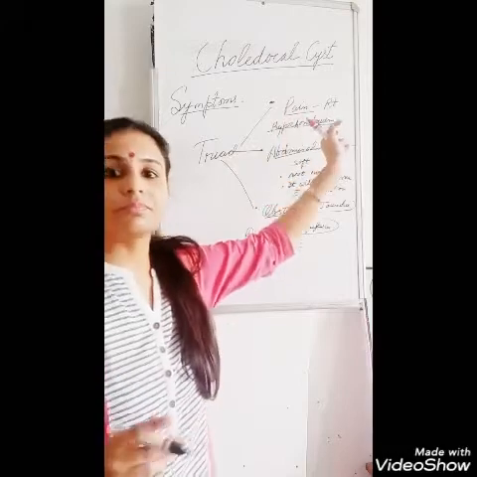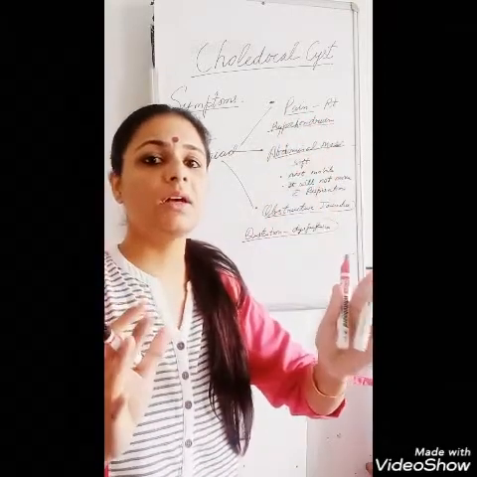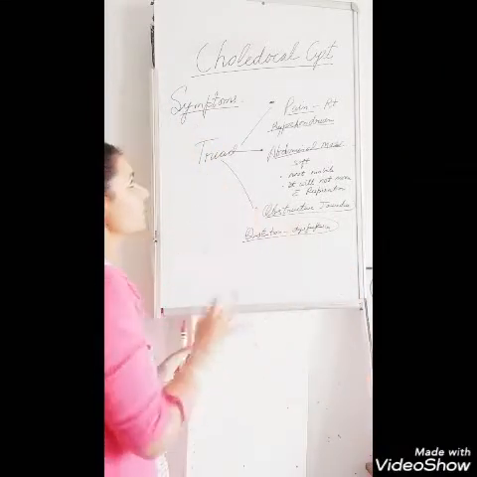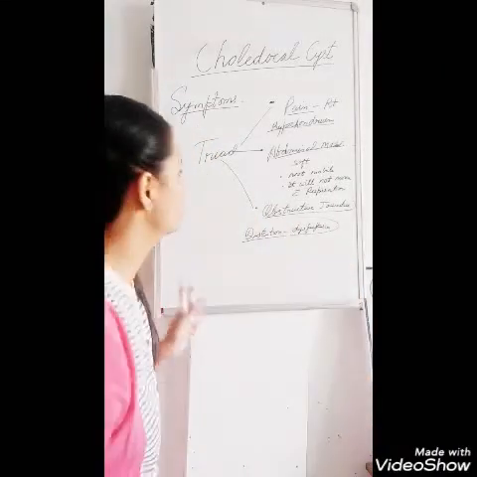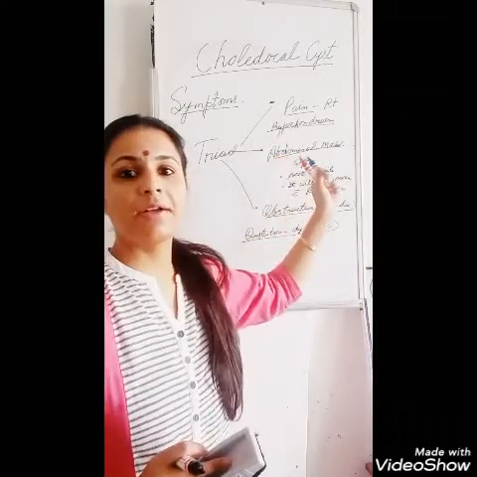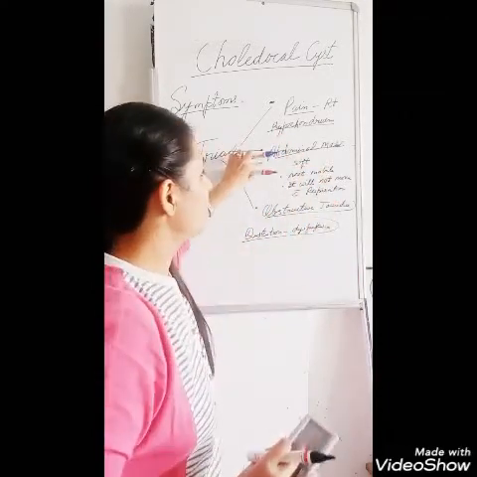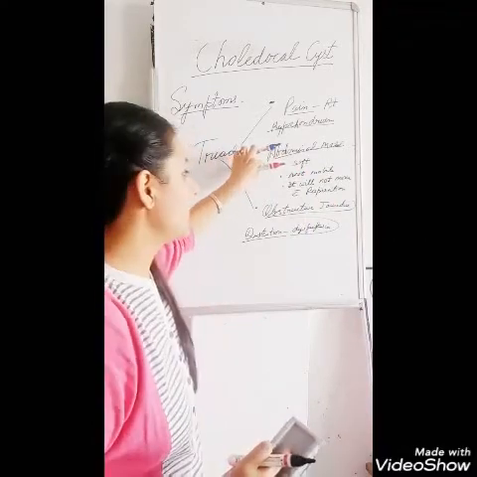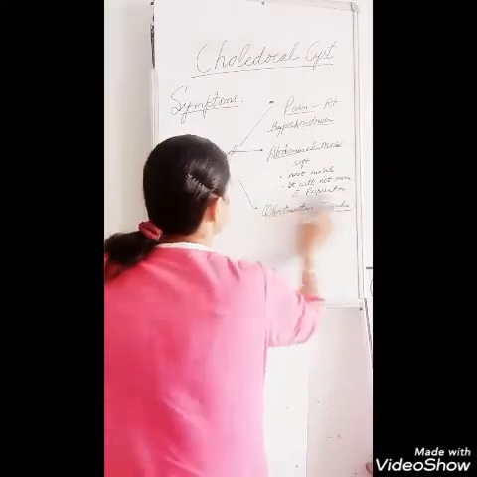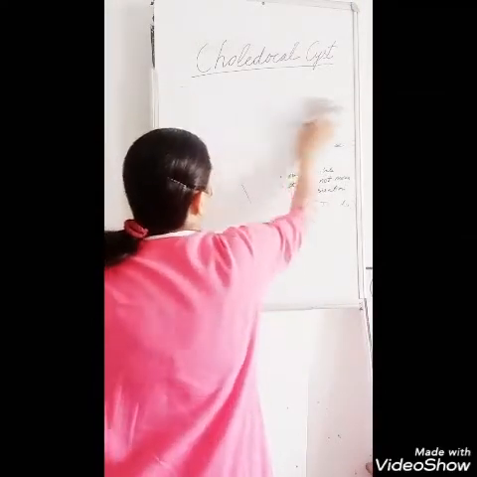Choledochal cyst can have an infection with it. So if infection is present, then there will be fever also. So this is the triad made up of right-sided hypochondrium pain, abdominal mass which is soft and not mobile and will not move with respiration, and the obstructive jaundice with the distension and dysphagia.